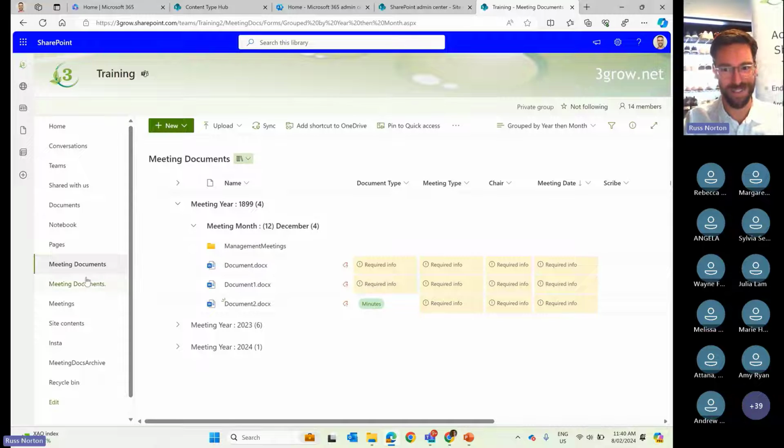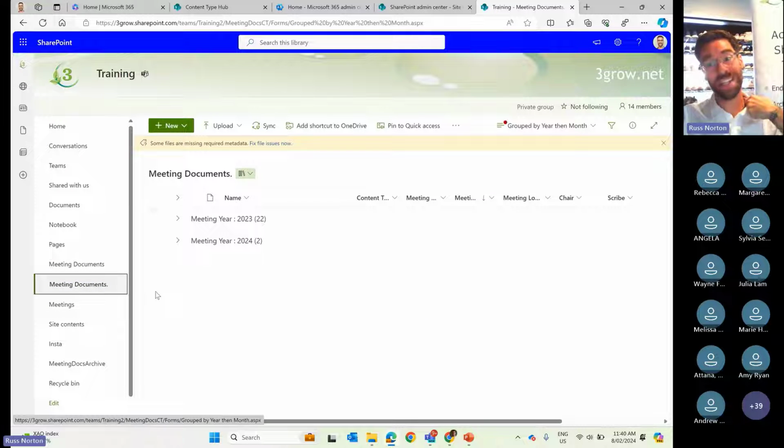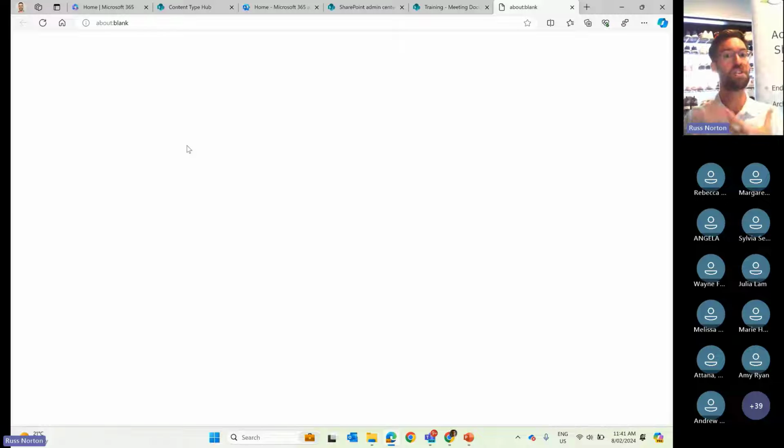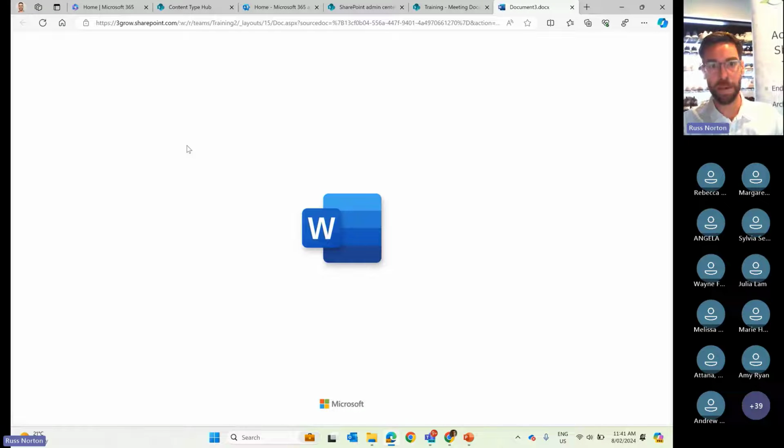So let's now do that same demonstration here within this meeting documents library. Well, I'll show you the setup of this behind the scenes in a few moments. First of all, we're just seeing how we would interact with this library from an end user perspective. So now in this next library, when I choose to create an agenda, what you'll notice is not only does it present me with the agenda document template, but